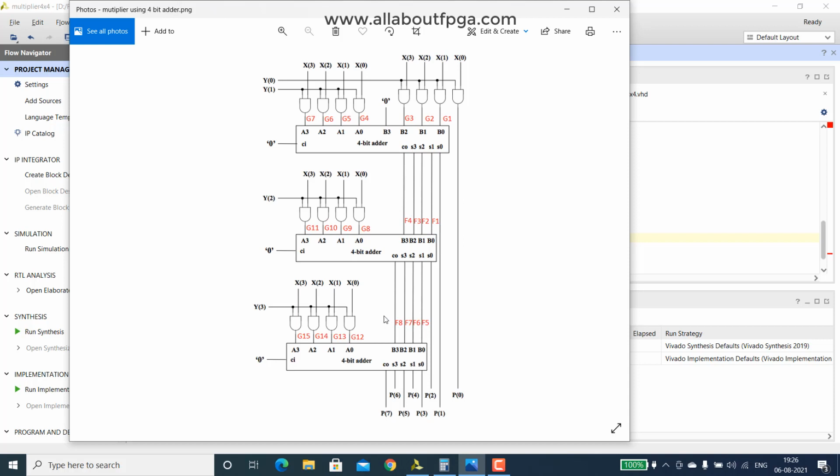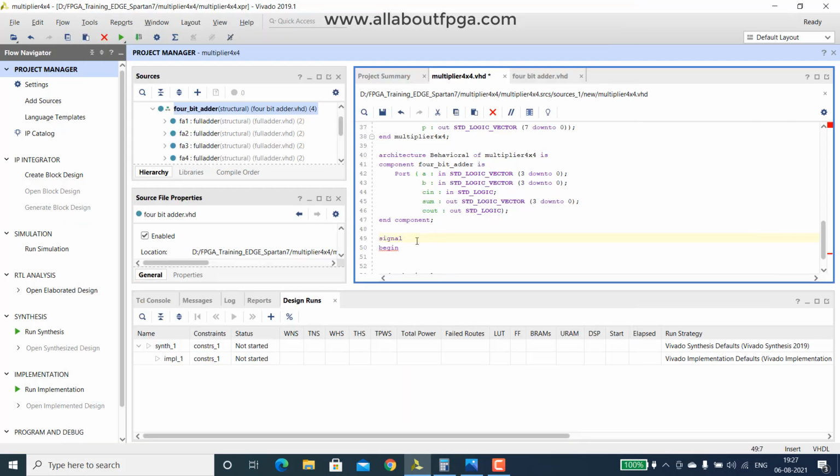So that is F1 to F8. We simply declare G and F as signals. So G1, G2, G3, G4, G5, G6, G7.